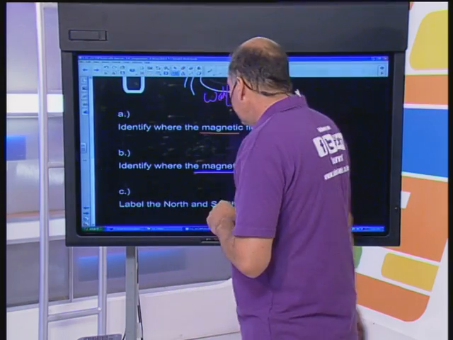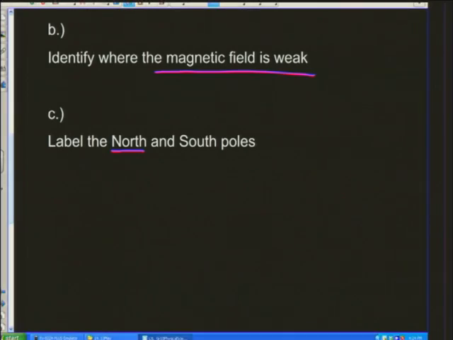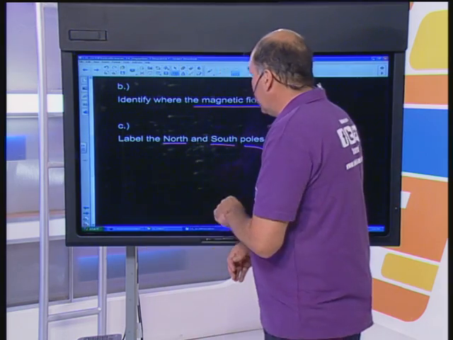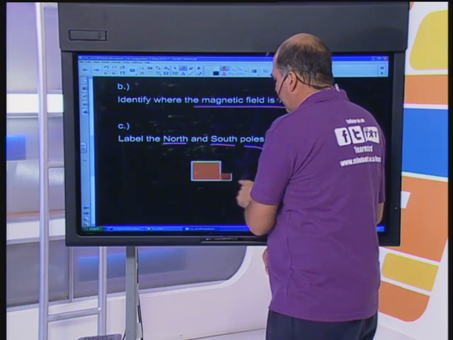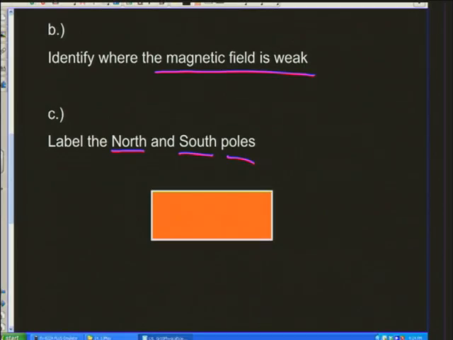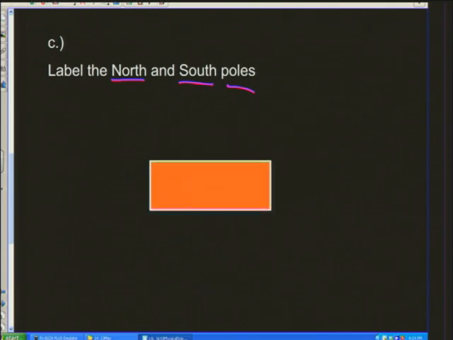Now, the next part that we need to do is we're asked to label the north and south poles. Now, how do we know which is north and which is south? Well, there's a very simple rule. And this is how we would plot around a bar magnet. And I want to just show you so that you can get it right for yourself. If that's a bar magnet, then what we would do is we would first of all take a little plotting compass. And we would take our little compass, which is a little circle, and it has a little arrow on it.